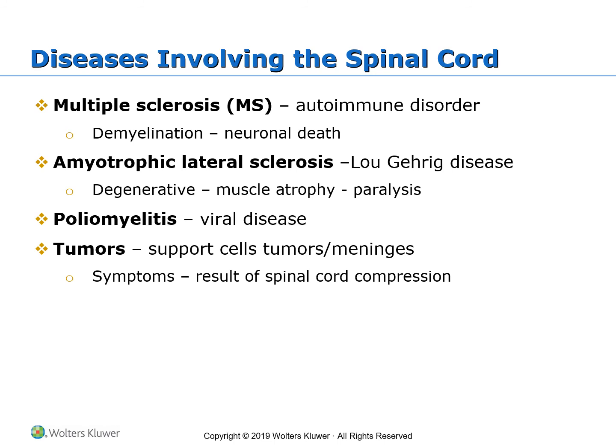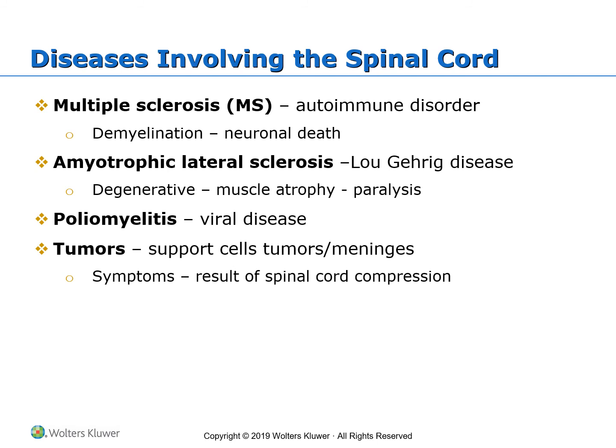As a fact, it affects women twice as often as men, and it's more common in temperate climates and in people of Northern European ancestry. So apparently, genetics and environment have a big contribution to the development of multiple sclerosis. Some researchers suggested some type of prior viral or bacterial infection to set off the disease. Others advocate a vitamin D deficiency, since individuals in those climates have less sun exposure, so they have less vitamin D.